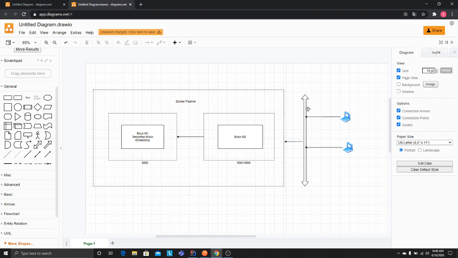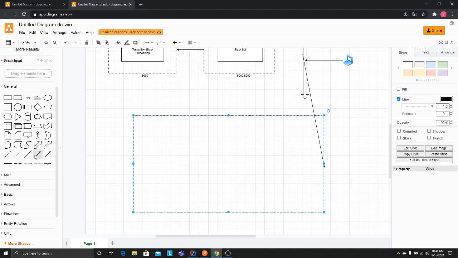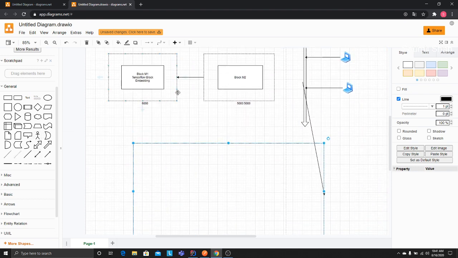So whenever I call, of course, this is Nginx, load balancing, WSGI. The client basically calls on port 80, the default HTTP port, which calls block M2. Block M2 will internally call block M1, which is running a TensorFlow model. Once the word embedding is done, this is going to return a JSON response. So this block right here is going to return data here.